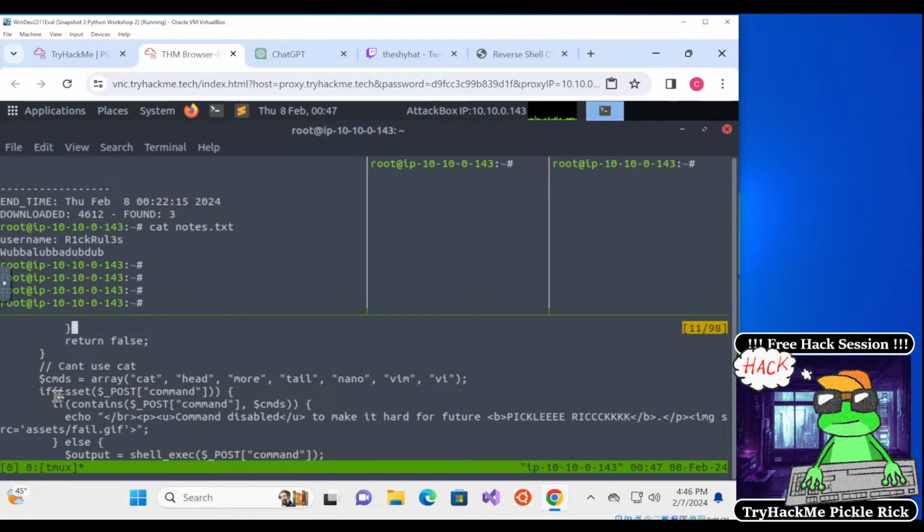So we can see here that they're using a variable called commands, and it's equal to an array. It's an array with the following things inside of it: cat, head, more, tail, nano, vim, and vi. So it's going to try to post the command that you send,